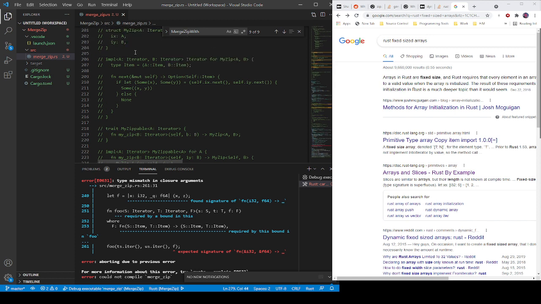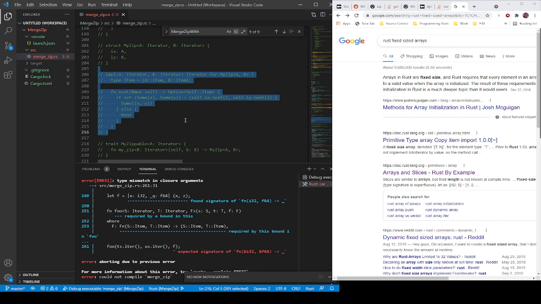For my original zip, which actually works, I was passing off the result of the vec iter method. If the vec iter method returns, if it expects a function of references,